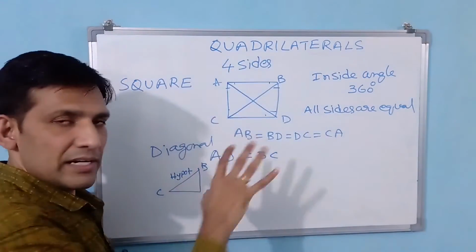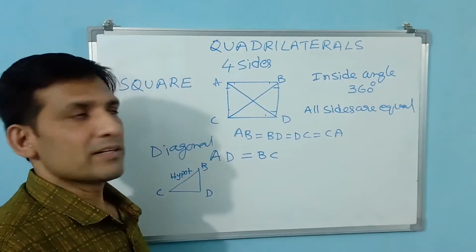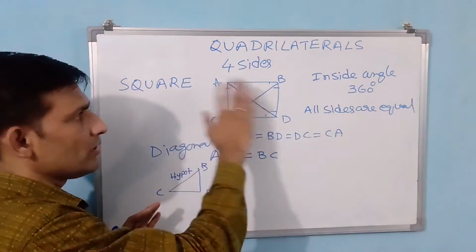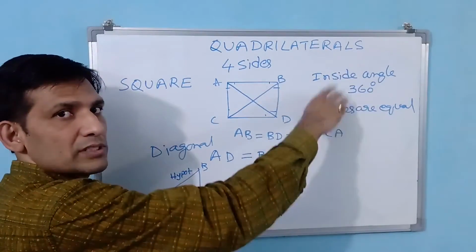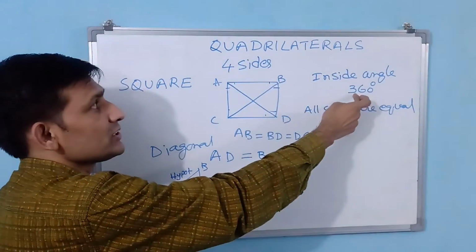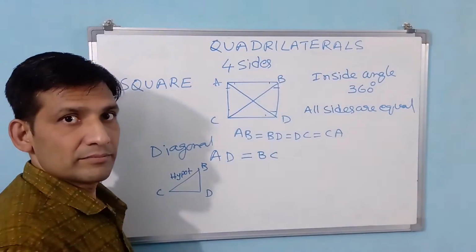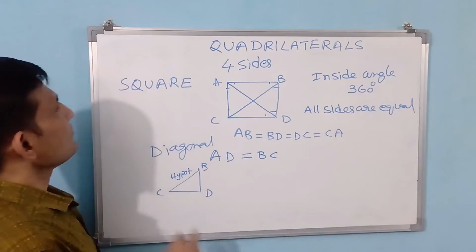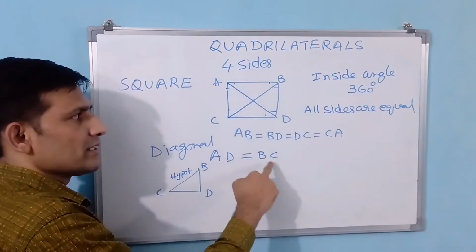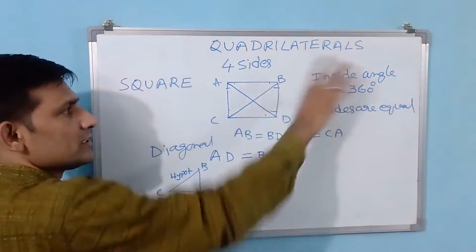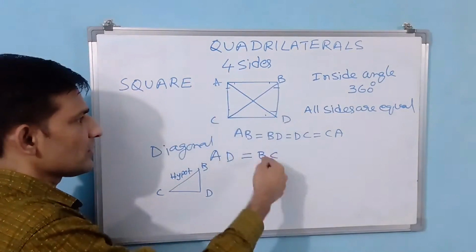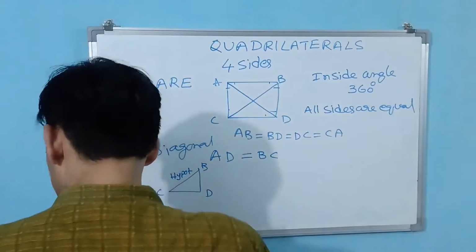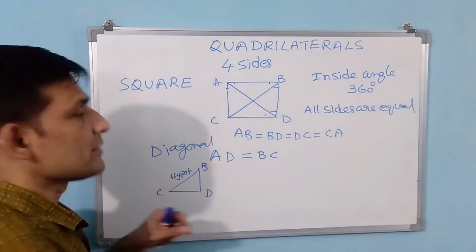In quadrilaterals, several geometrical figures are there. One by one I am going, but you have to understand the square. What is a square? All sides are equal. The inside angles total 360 together. This inside angle total of 360 degrees is for all quadrilaterals. Why? Because four sides are there. In a square, all sides are equal, all angles are equal, and the total becomes 360 degrees. Diagonals are also equal. Diagonal you can find by Pythagoras theorem. Okay. Now we go to another geometrical figure.